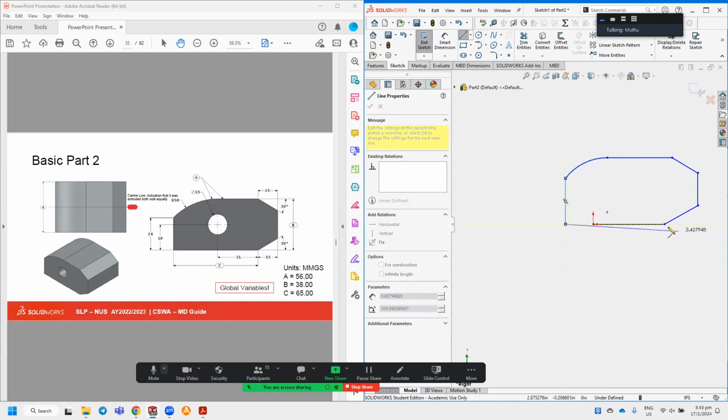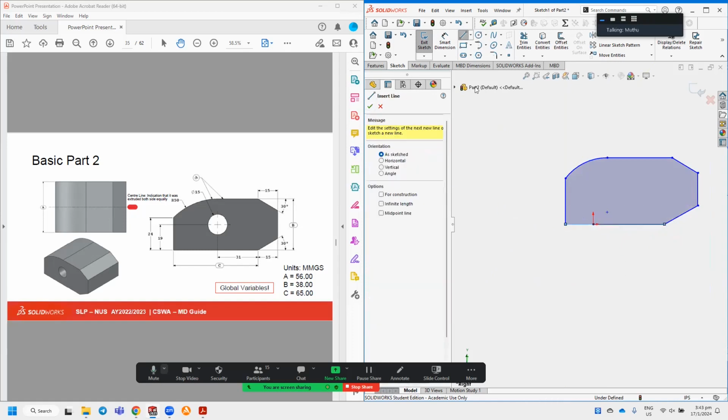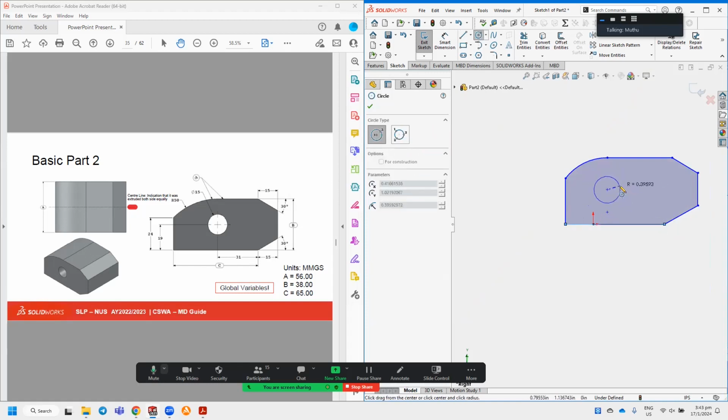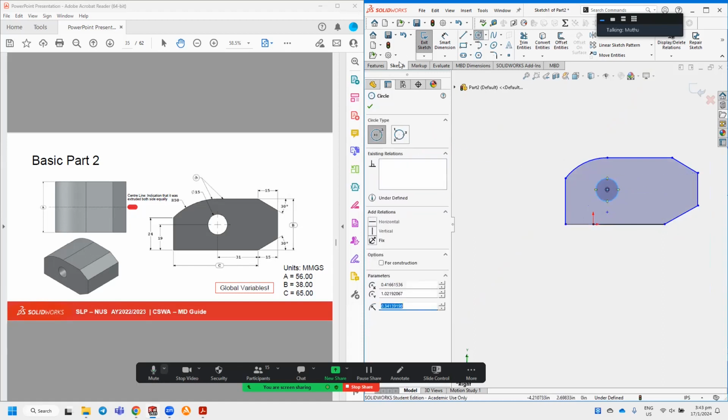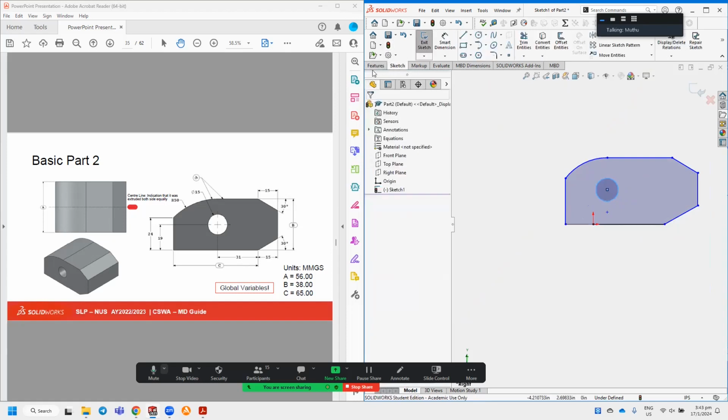Yep. Then okay, the circle will be here. If you want to draw a circle, just click the top middle icon with the circle in the center. Okay. Yep. And then for the angle, you can like